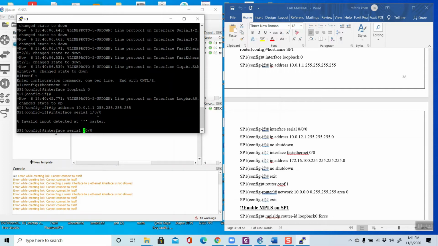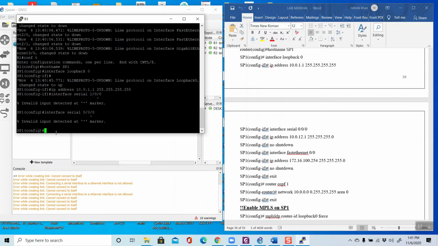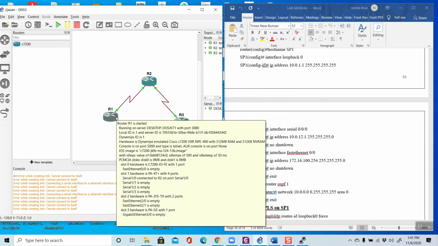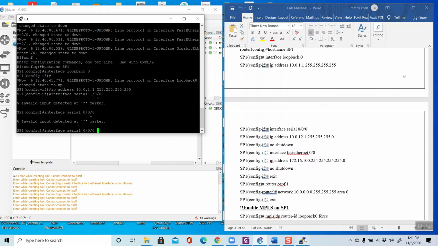I am just checking which interface it is. This is serial 1 0. We have to take serial 1 0. Then we have to use the same IP address.